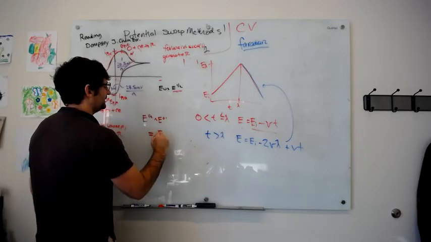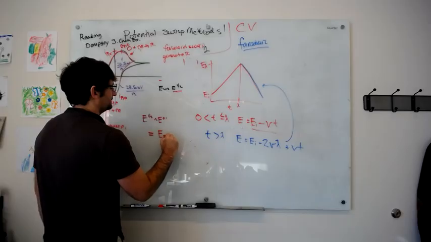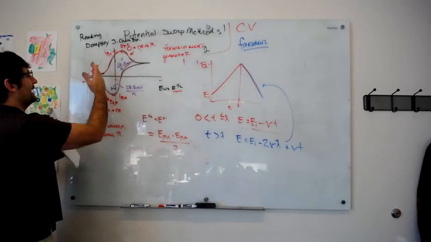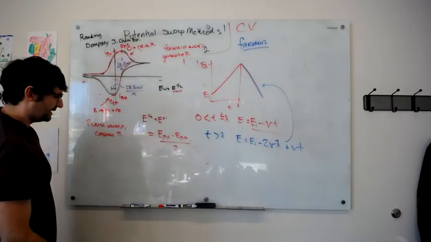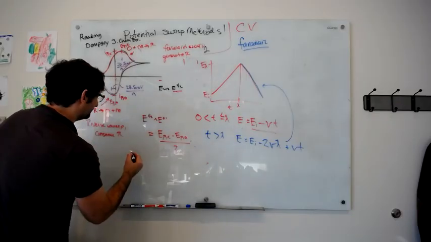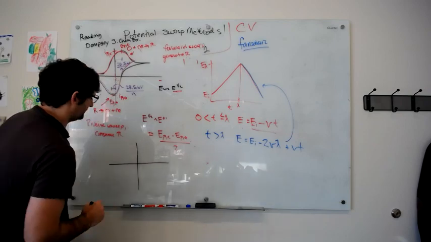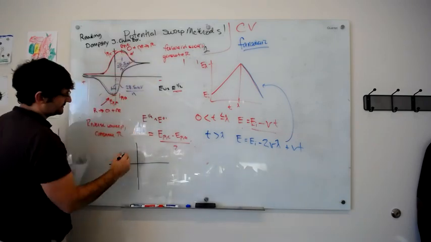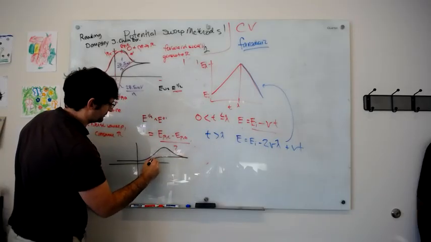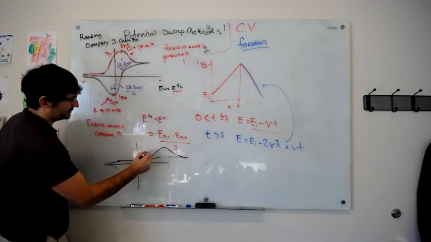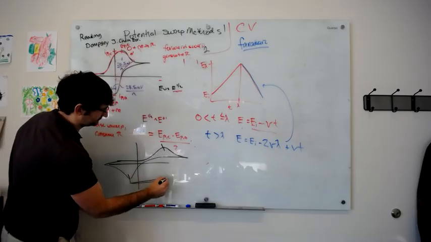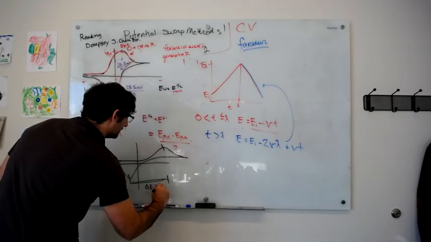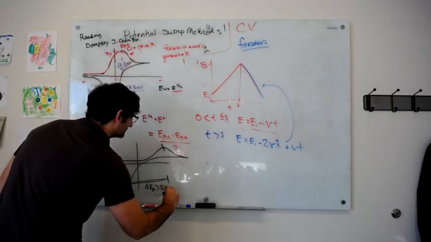E1/2, approximately the formal potential. And this is just going to be (E_PC plus E_PA) over 2. It's the average of those two peaks. And one thing we'll talk a little bit more about later, and you will explore also in the simulation, is if I make the kinetics slow, what happens is these peaks shift apart. And so you start seeing cases where this distance, delta E_P, is much greater than 58 millivolts,